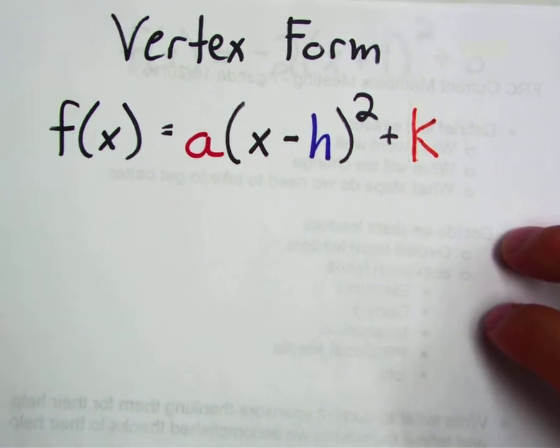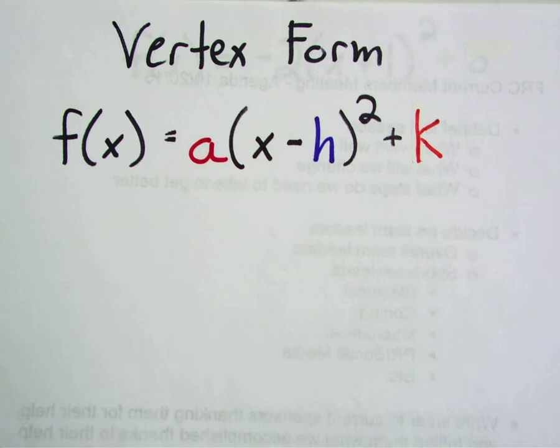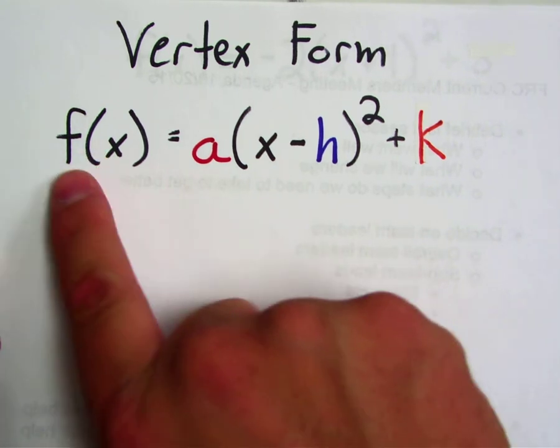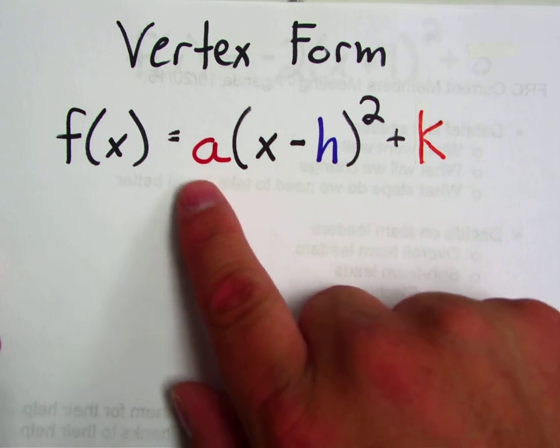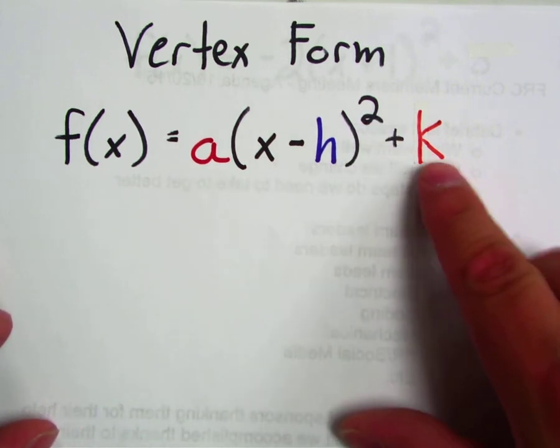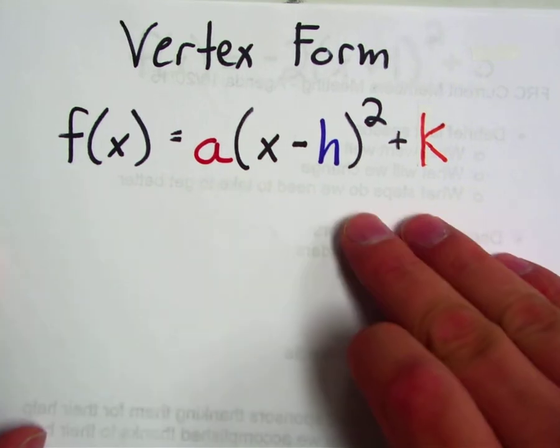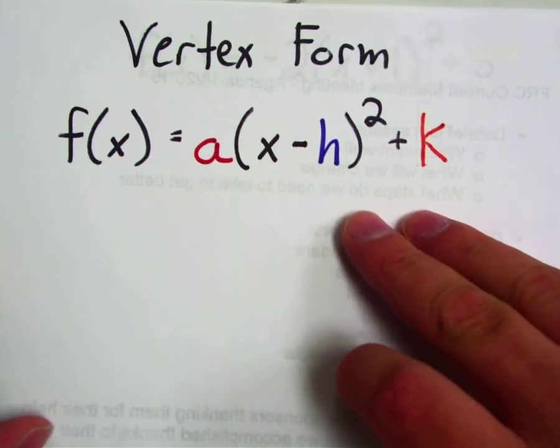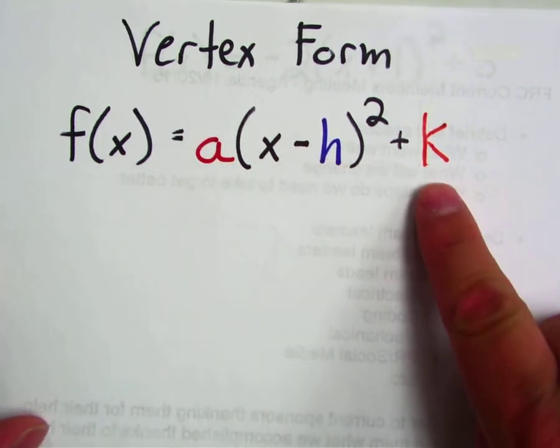Okay, so let's talk about vertex form just a little bit. Vertex form of a quadratic equation, or quadratic function, is going to be written as f of x equals some constant a times the quantity x minus h squared plus k. Now, I like to call this the transformation form of a quadratic because, as we learned in the last chapter,